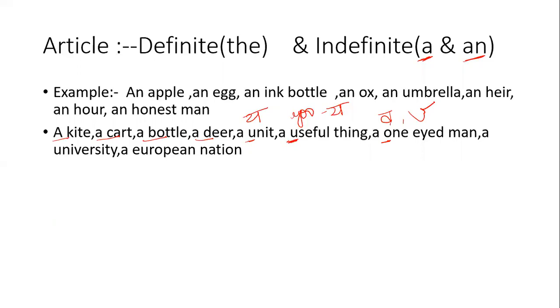Ver. Now, a university. Again, university gives you the sound of university, U, or in Hindi you can say year. So, a university. A European. Again, these two letters are vowel letters, but here they give you the sound of a consonant. And in Hindi, it's year, and for English, it's E, European.